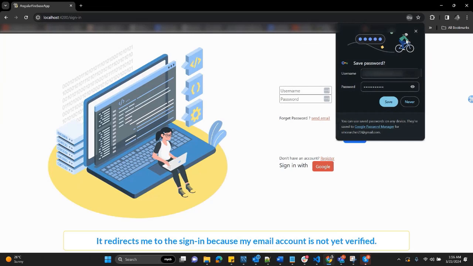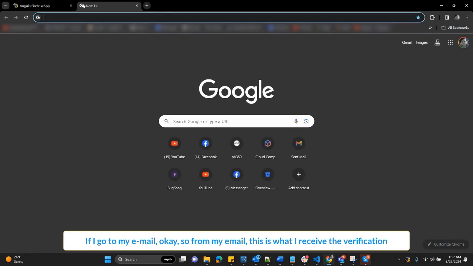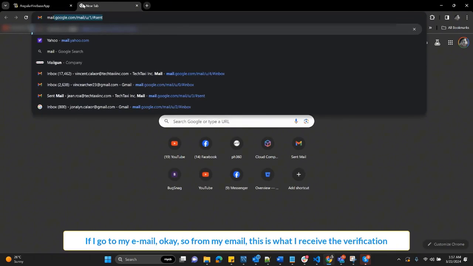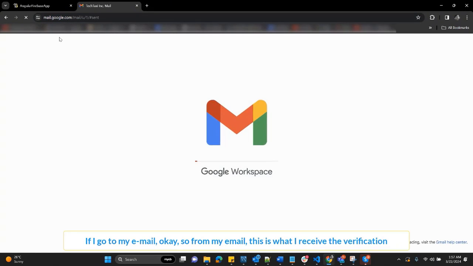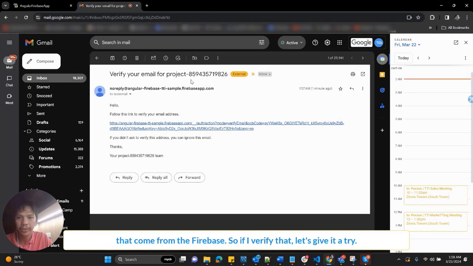Okay, so it redirects me to the sign-in because my email account is not yet verified. If I go to my email, this is what I received, the verification that's coming from Firebase. So if I verify that,